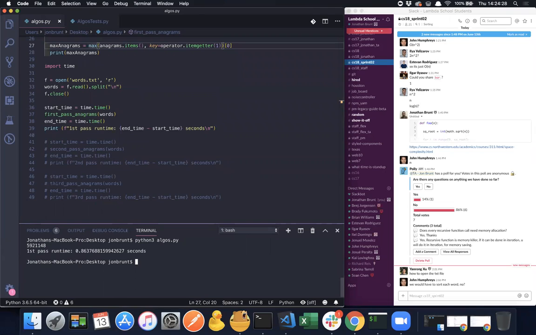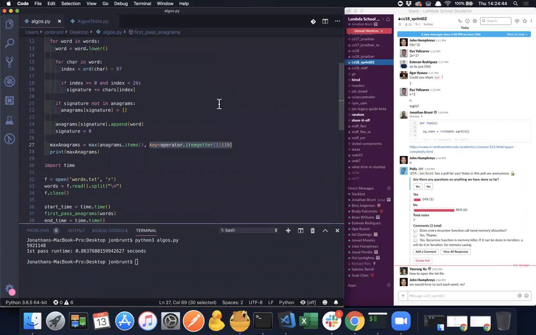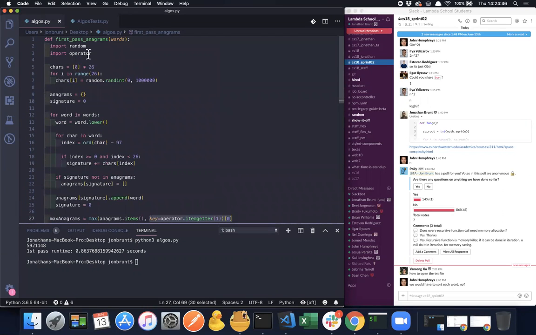There's a first pass runtime of 0.86 seconds. I don't know what this does right here. That's the key of what I don't know, what it's getting, what it's doing. But that's something you can ask in GPT. I'm going to keep on moving, but you can see how this problem, like I said, what we did is